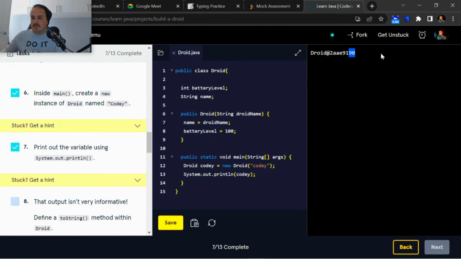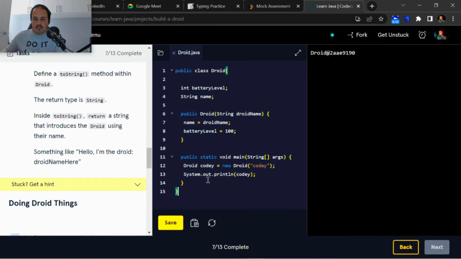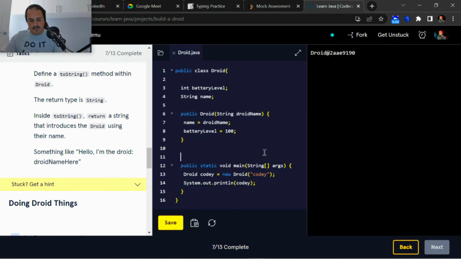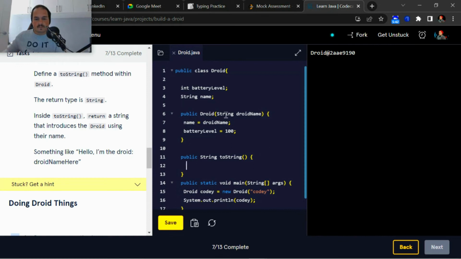Right, so this is not very informative. In order to make it informative, just above public static void main, we're going to define a toString. So start off with a public method, String, toString, then we're going to return an actual string, which starts with,